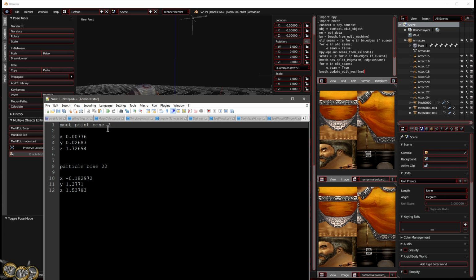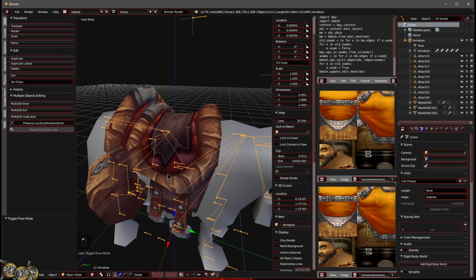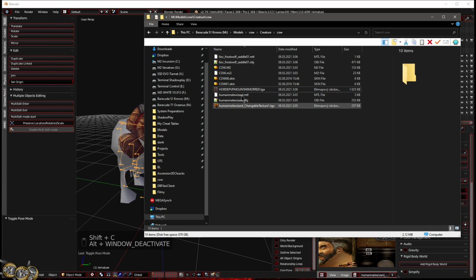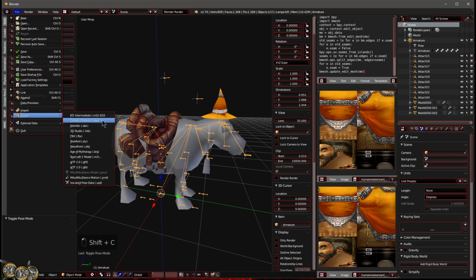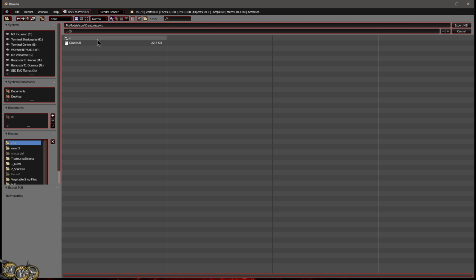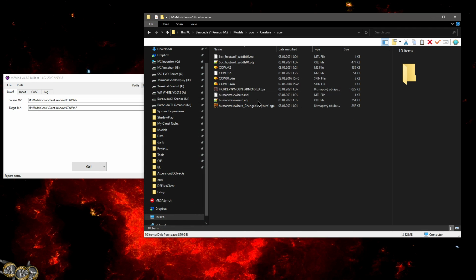So it would be just bone 2. Right now we can extract the M2, export, and there is